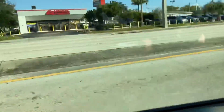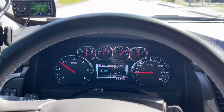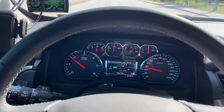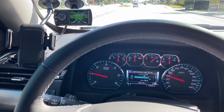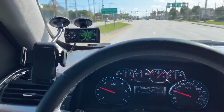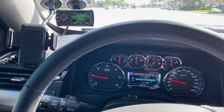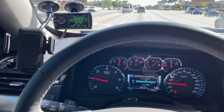Now, you might say, why would I give a rat's ass about a corporate company? The snitching seatbelt thing. Why would I care about a corporate company, blah, blah, blah? If it doesn't work, return it, right? I know it's something as simple as they just have to figure out the tune, and they will eventually figure it out. It is amazing to me that Edge Products, somebody that manufactures these tuners, after all of this time,